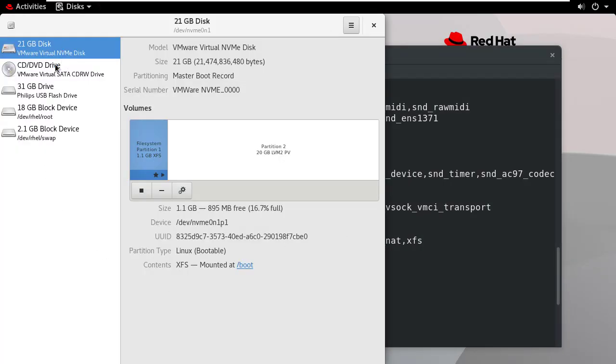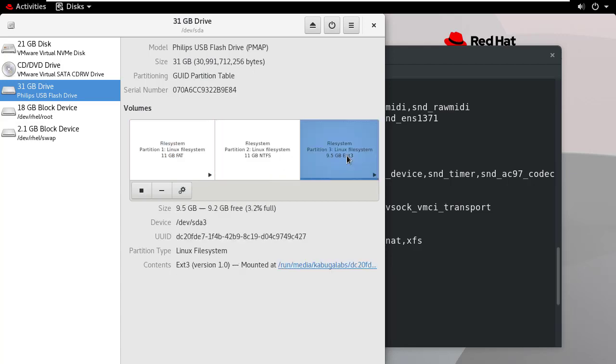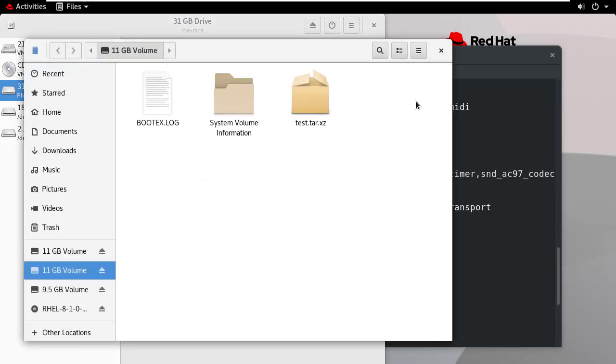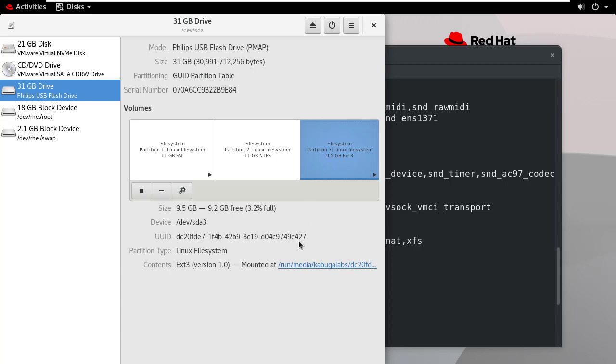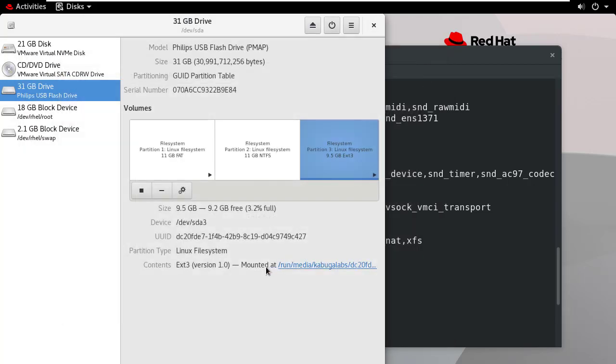We have all these disks in the system, and here is our drive. As you can see here, it has the 3 partitions. This one is FAT, NTFS, and ext3. Now, something common to this first one and the last one is that they both say mounted. Mounted means you can access those portions of the drive. All you need to do is click on this link and it will take you right into the drive. Same case for this one. Click on the link and it takes you directly into the drive. That is for ext3 and FAT.